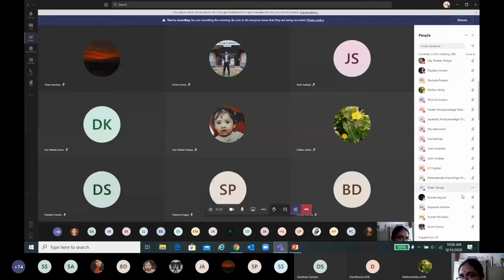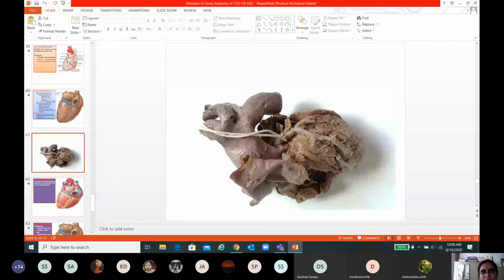Kusal Kesi. Are you there, Kusal Kesi? I am picking the student randomly. No? Okay, that fellow, if you do not answer, you will not get attendance, okay? Ansika Koparia. Are you there, Ansika? Yes, ma'am. Okay, Kusal. Now tell me, identify the arrowed vessel. Yes, ma'am. Ma'am, can you see the slide, Kusal? Hello.